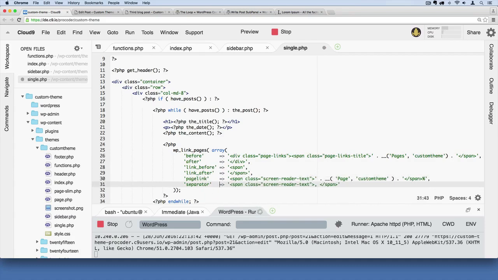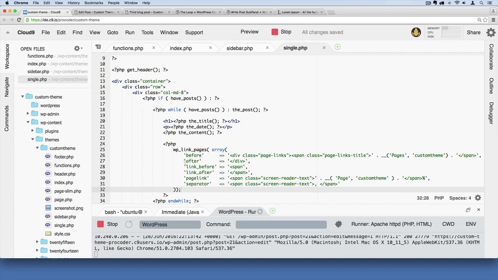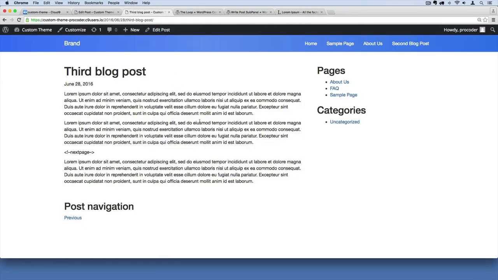Okay, and I know this is a lot of code, so you want to make sure you got it exactly right with those commas after each of these lines, except for the last line. You also want to make sure you got your quotations right. Single quotes wrap each of these values, and then inside of it you'll have these double quotes. You have to make sure you got this all right, otherwise you will get an error. Now if I save this, and I go over here and I refresh,